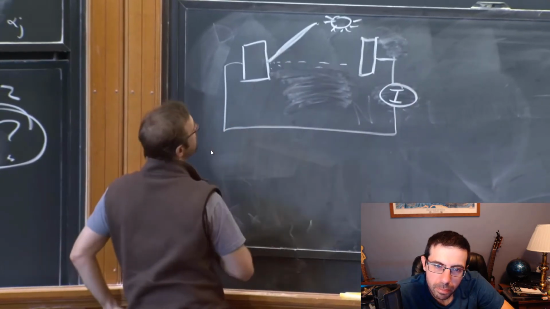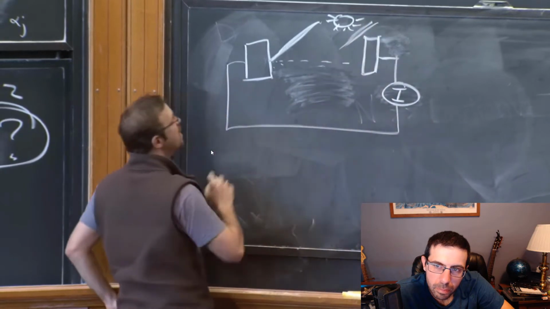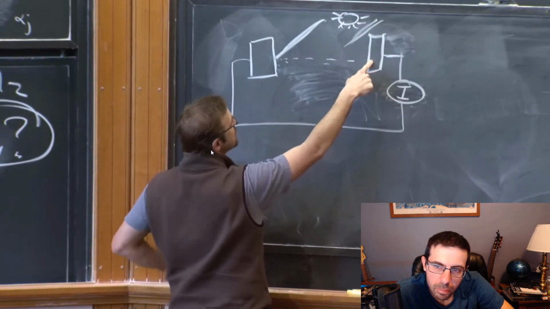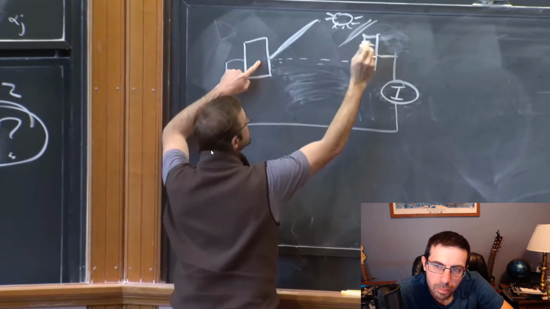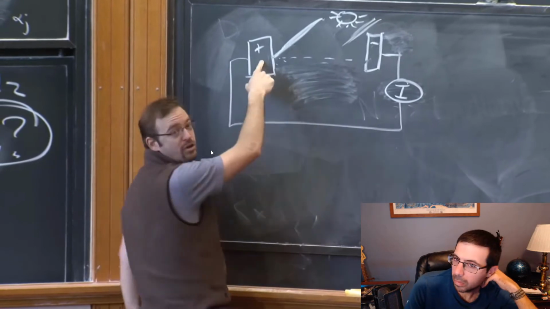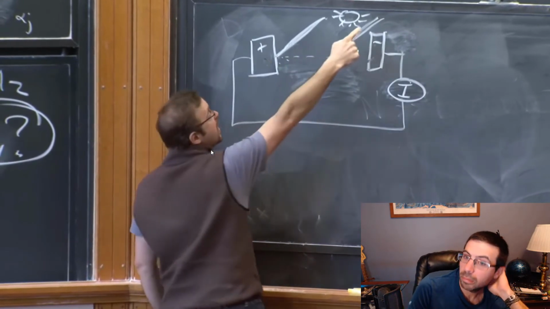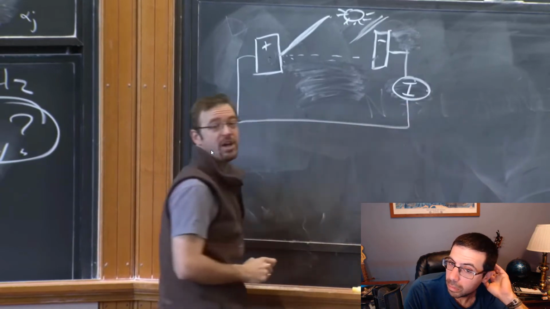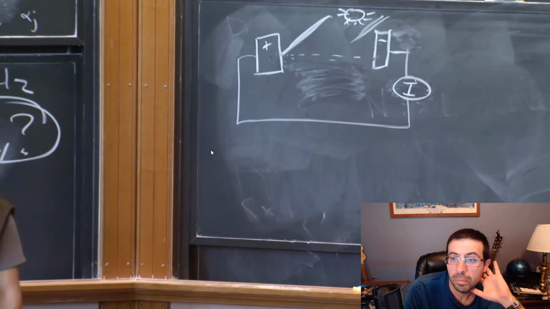When I shine light on this piece of metal, we'll put a screen to protect the other piece of metal, the electrons come flying off, they get over here, and now I've got a bunch of extra electrons over here, and I'm missing electrons over here. So this is negative, this is positive, and the electrons will now flow along this wire back here to neutralize the system. The more light I shine, the more electrons will go through this circuit. And as a consequence, there will be a current running through this current meter.